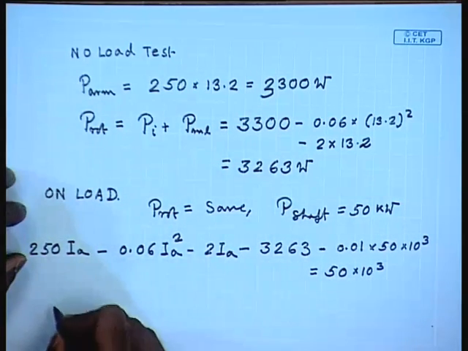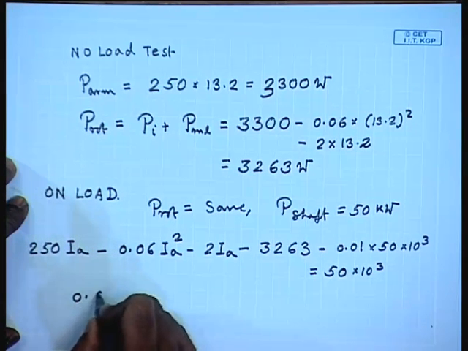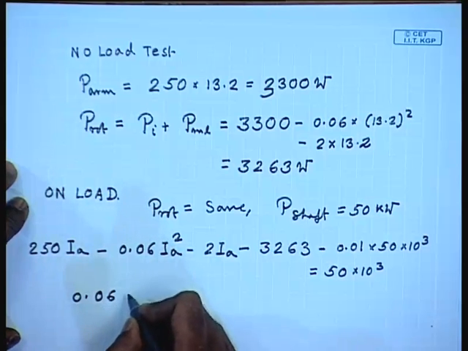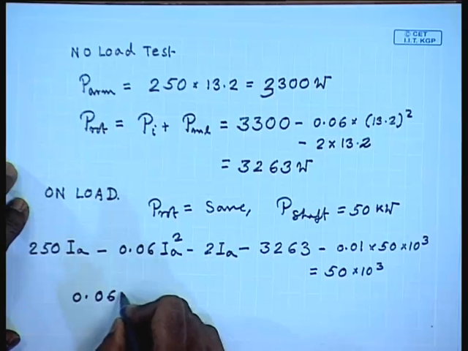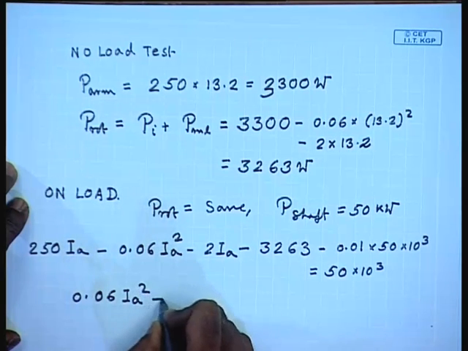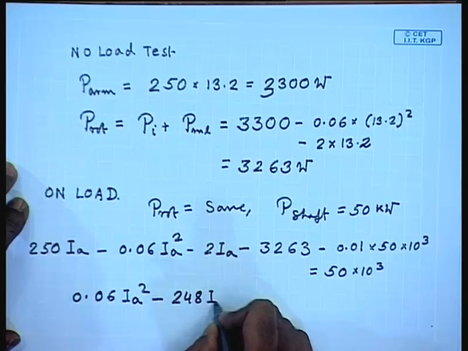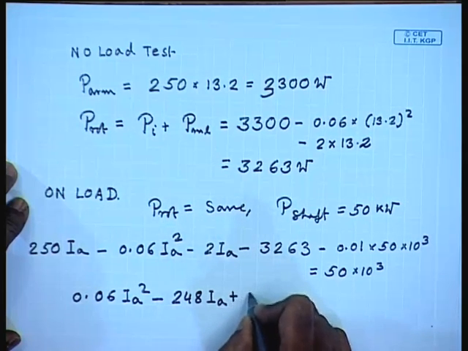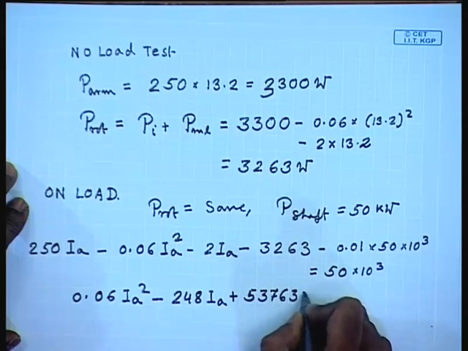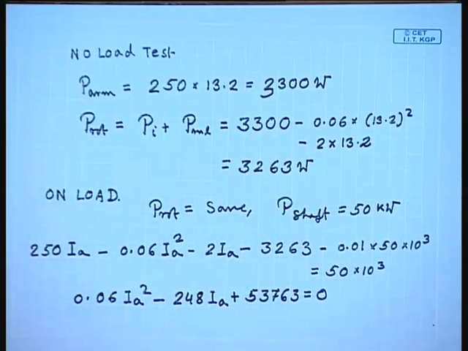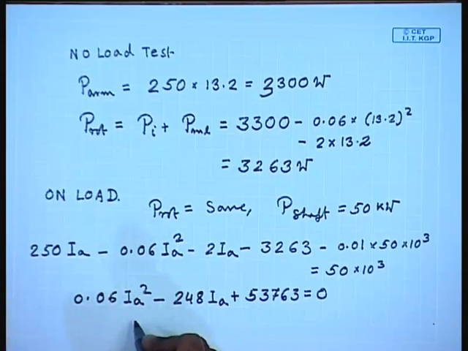So, rearranging terms, we get IA square minus 248 IA plus 53763 equal to 0, from which we get IA equal to